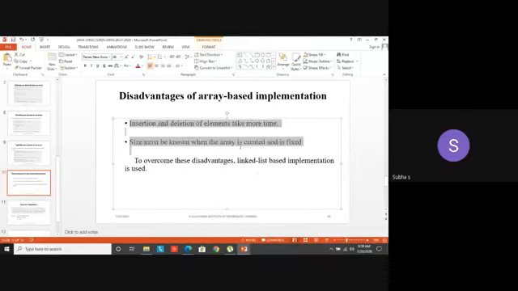Okay. So to overcome these challenges, we go with linked list implementation of the array or the list. Got it? There are two important things, array based and linked list. For simple elements, we can go with array-based implementation. Suppose if my element size is big, insertion and deletion will take more time, so we go with linked list implementation. Under linked list, we have 3 types: singly linked list, doubly linked list, and circular linked list. All those things we will see one by one in the forthcoming classes.